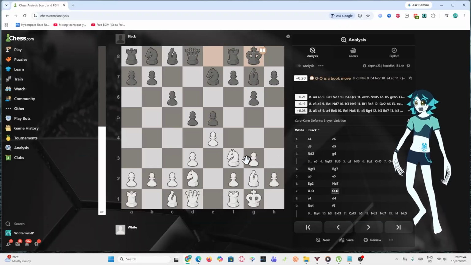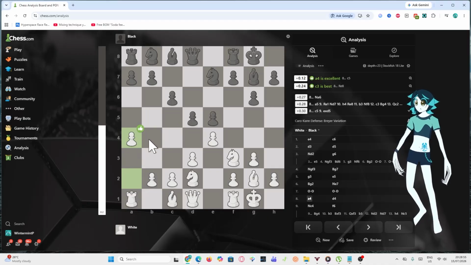The only move that saves the game here, A4. A4 is the only move that saves the game. I know it looks weird, like you're already attacking on the king side and you're pushing this on the queen side. I know it's a little weird, but